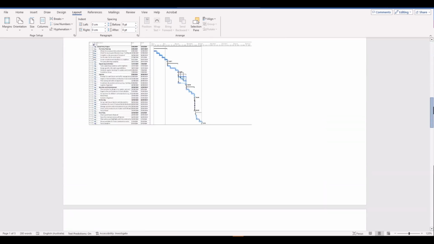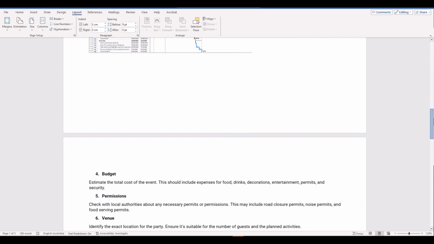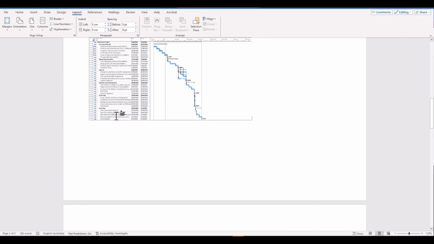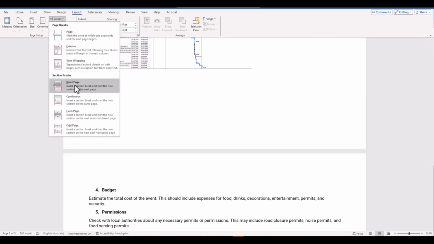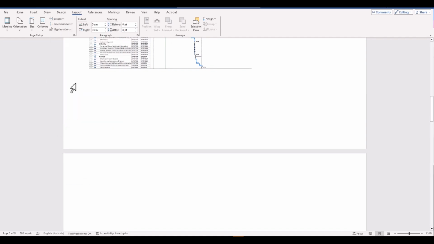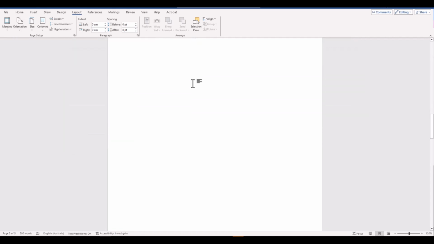But if you go a little further down, you'll notice that the page after our schedule is also in landscape mode, and we may not want that. So how do we go about this? Well, once again, make sure your cursor is just prior to the page that we want to go back to portrait, and simply click Break, Next Page, and you'll see that the next page is being shifted down, and then Orientation, Portrait, and the preceding pages are portrait.